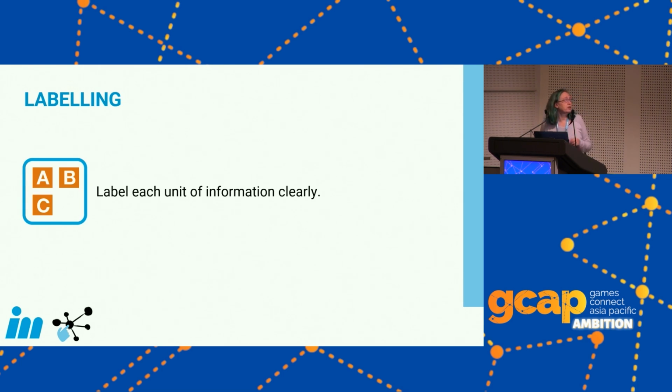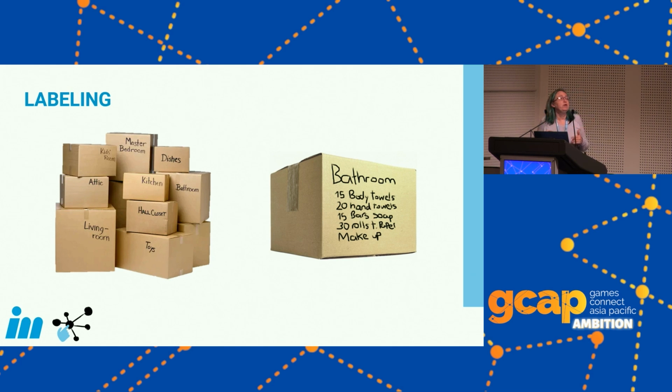So once you've done that chunking into blocks, units of information, and the relevance, it's also really important to look at labeling. What we call labeling in information mapping is basically titles for things. My favorite comparison is this one. When we use titles or subtitles, we tend to be a little bit vague quite often. We love things like overview, introduction, general, note, things like that, which don't say anything. When it's a box, I don't know what's in it.